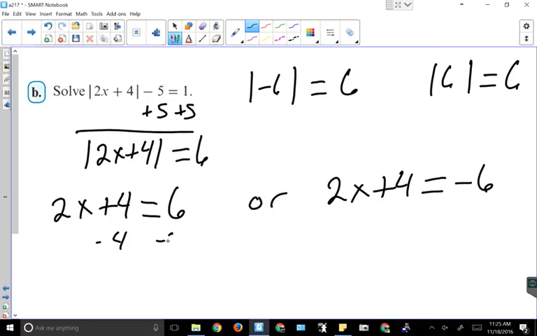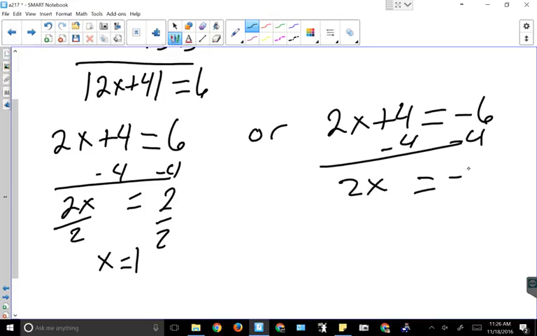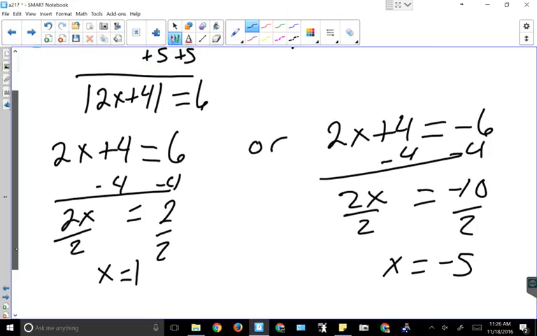Subtract 4, subtract 4. 2x is equal to 2. Divide by 2, divide by 2, x is equal to 1. Subtract 4, subtract 4. 2x is equal to negative 10. Divide by 2, divide by 2, x is equal to negative 5. So, what we say here is